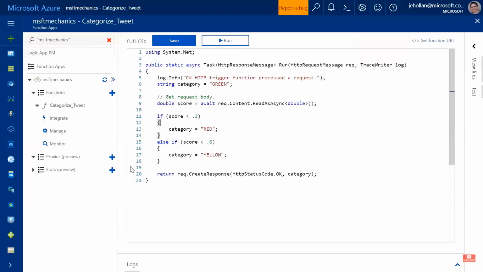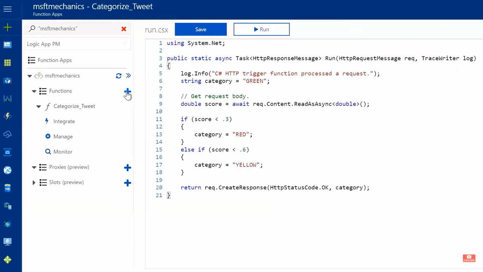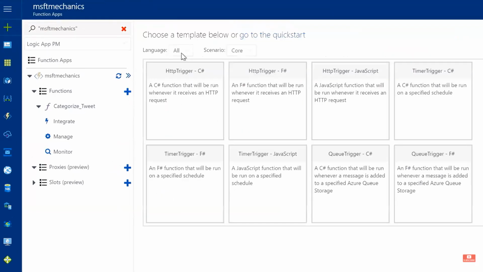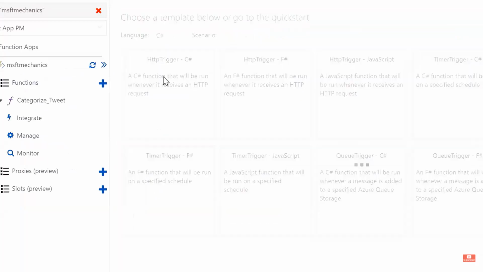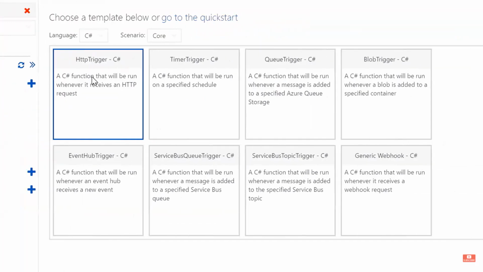Exactly. And this is what we saw before, C# code, but are other languages supported? Yeah, so if I create a new function, I can actually choose from a number of different supported languages, like C#, PowerShell, JavaScript. This enables me as a developer to use the language that's best suited for the job, and I can build, deploy, and debug these serverless apps all within Visual Studio. But now can you go ahead and visualize the data?